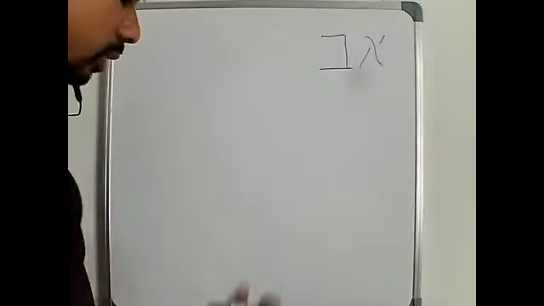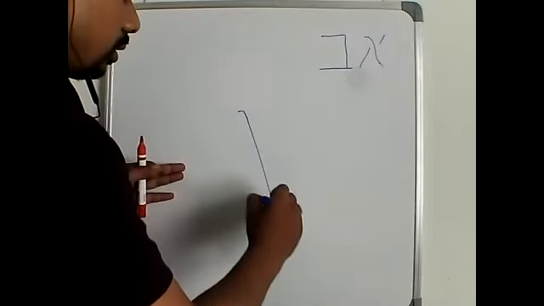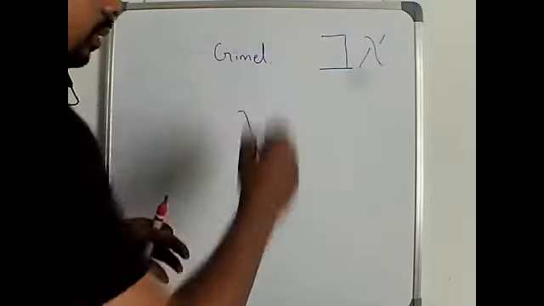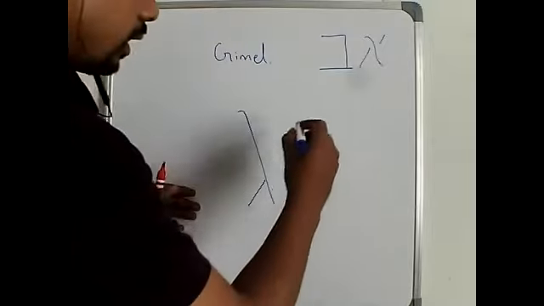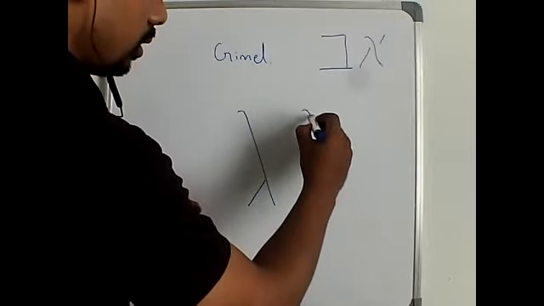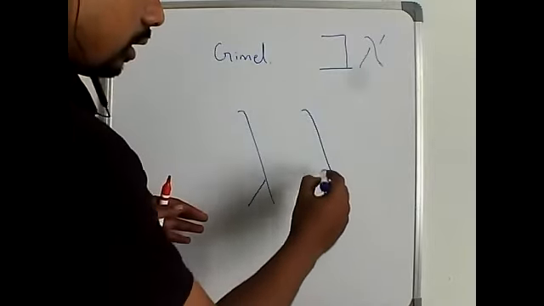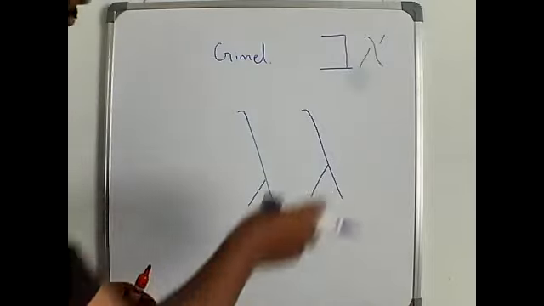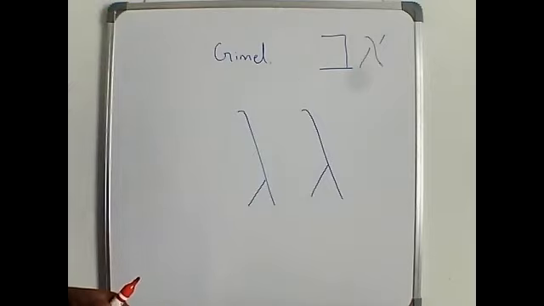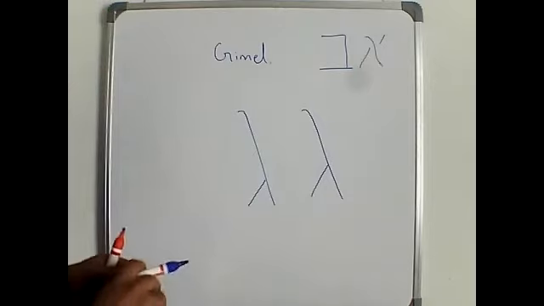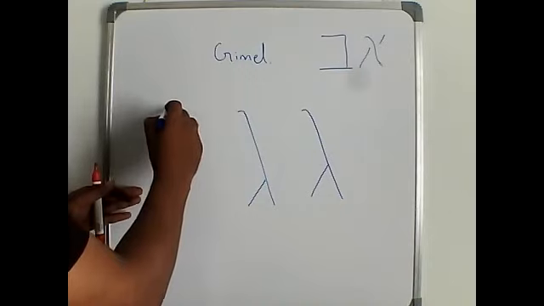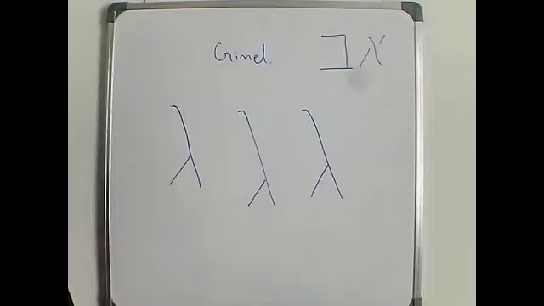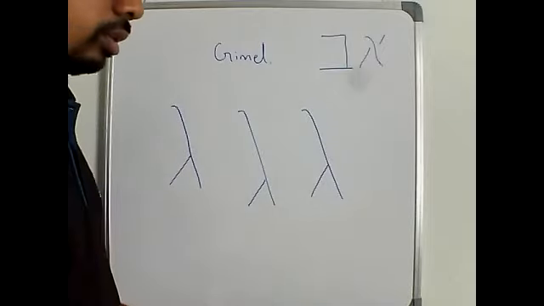The third letter is Gimel. Please watch carefully how I am going to write. Like the same slanting line, and from here you just put a small line. Can you see that? If you are still unclear, let me write it once again. Gimel. I hope you are all following.